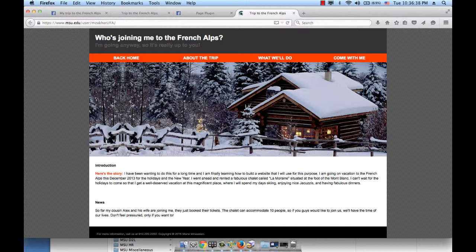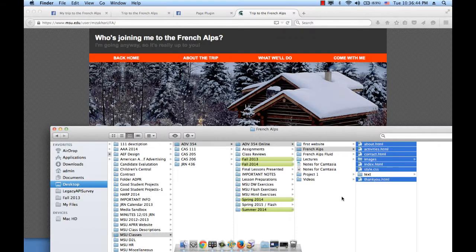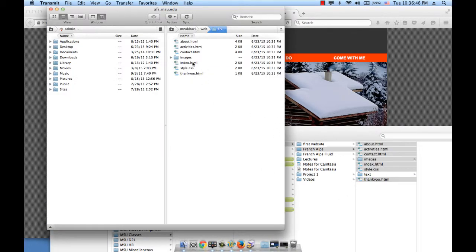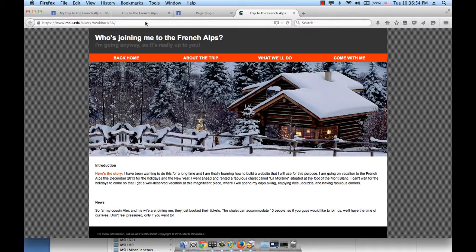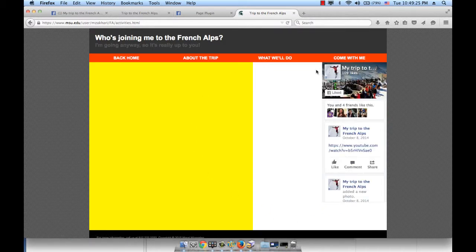Now, how does the browser know that it should load this first page? Because this first page is called index.html, and the browser understands index.html as the first page to load, unless we specify here in the URL another page, such as contact.html. So obviously I'm looking for the activities.html page, which is the what we'll do page. I'm going to click on that, and here is my table on the left side and my Facebook feed on the right side. It is not as wide as I would like it, so I want to make changes to